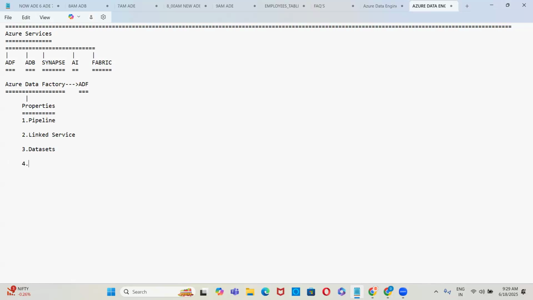Then you have the mapping data flows, and the fifth one is activities.